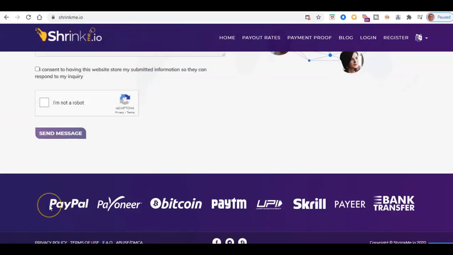And also, because I'm aware that people are obviously in different countries around the world and don't necessarily have PayPal, if you see at the bottom here, they don't just have PayPal, they have Payoneer as well, which you can link to PayPal so you can get paid here. You can also be paid in Bitcoin, Skrill, etc., and bank transfer. So there are lots of ways in which you can actually earn and receive your earnings from